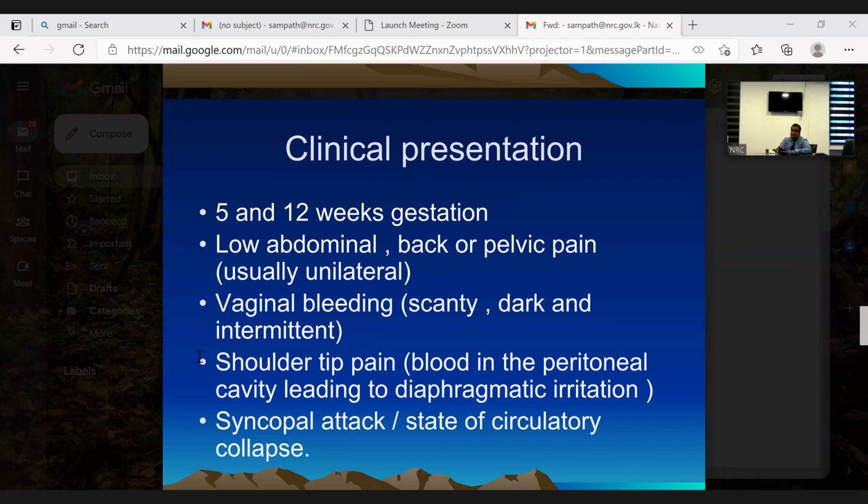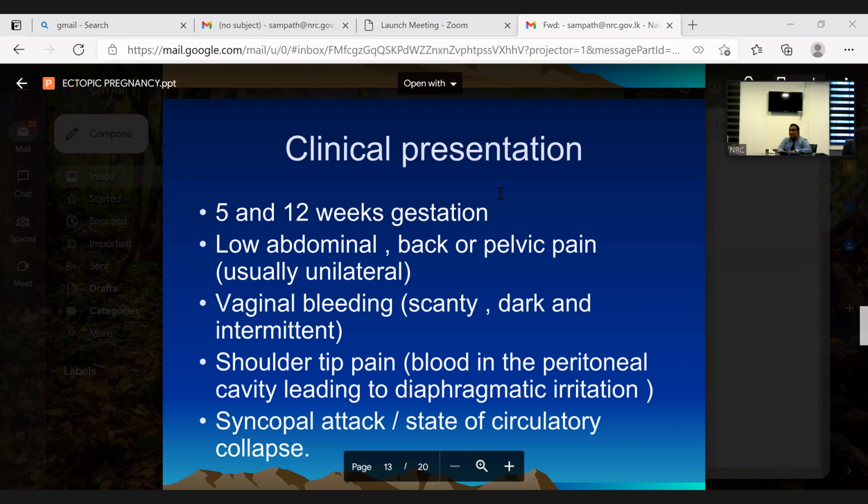Remember that. Nowadays, I will be the president of the College of Obstetricians. We give no chance for any junior to miss an ectopic pregnancy. It will be very severely dealt with. So my advice for you is overdiagnose ectopic, rule out, do a beta HCG and scan, then your job is done, right? So do that when you are in the internship, because you are the person who will be in first touch with these patients.